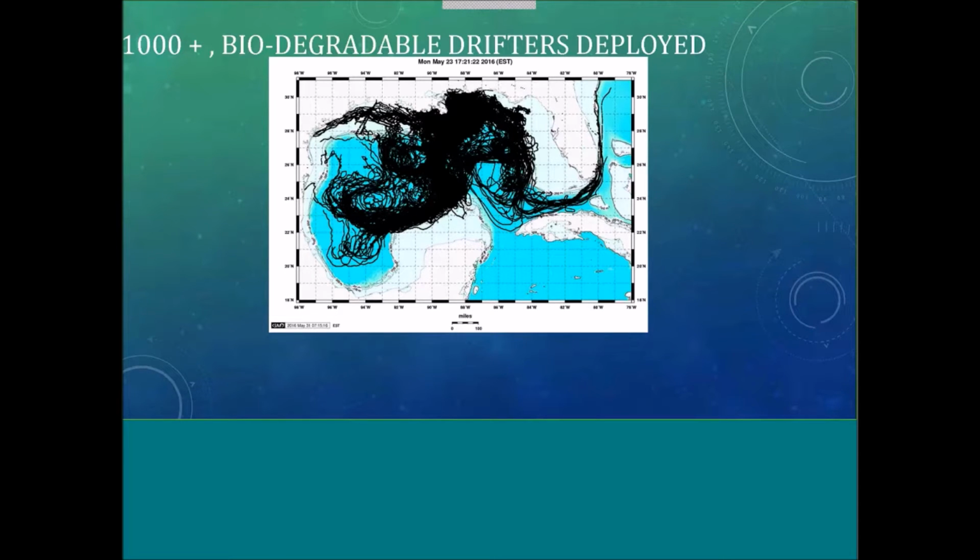And so the result of this, we just have pretty much got all the components together of this data set, but this is where all the drifters ended up. This can get to a lot of the connectivity questions that were mentioned in the previous talk, by the way. But anyway, these were all deployed generally in this area here in the Gulf. And you can see that in January and February of this year, you can see where all these drifters ended up. You'll notice that the shelf regions off of the Yucatan and off of West Florida really did not get any of these drifters crossing those shelf boundaries.